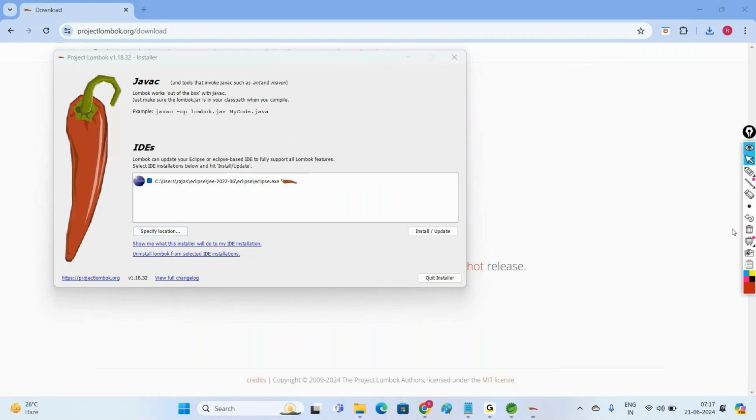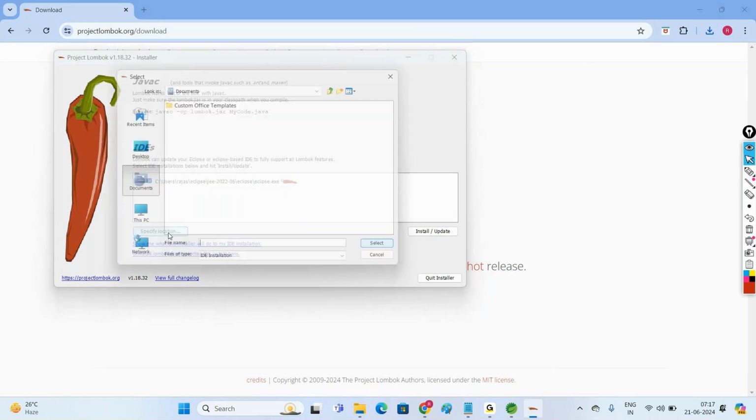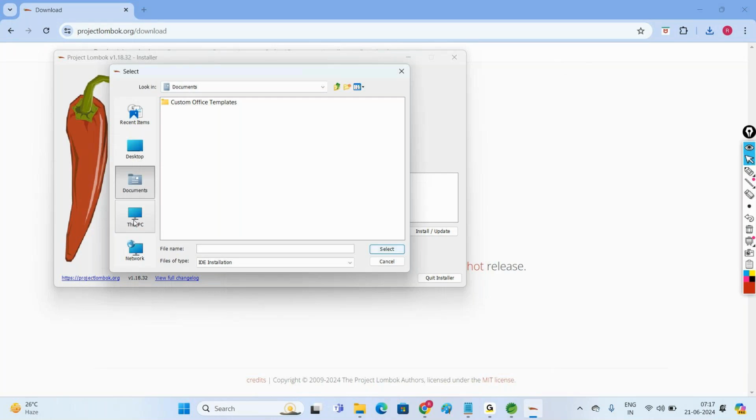Then it will ask you to choose the IDE for which you want to apply Lombok tool. By default, it automatically takes Eclipse here. It is automatically taking Eclipse IDE. Now I want to use this Lombok tool for our Spring Tool Suite. So we have to specify the location where it is available. So in our case, Spring Tools is available in C drive,